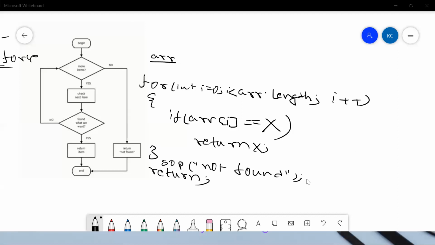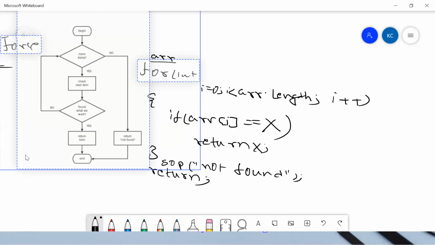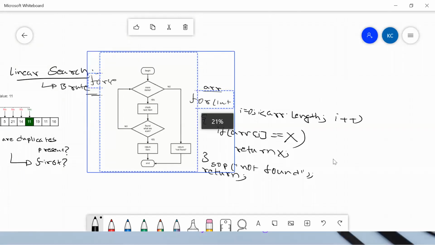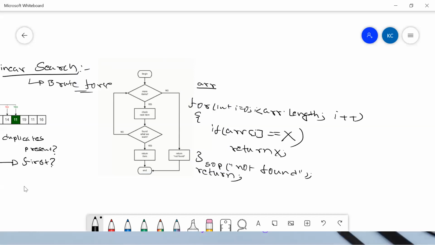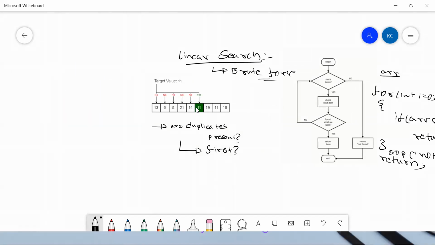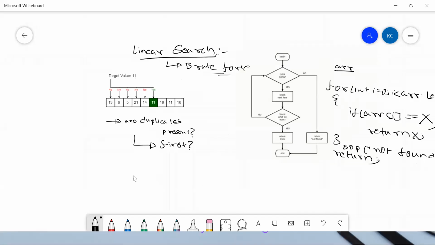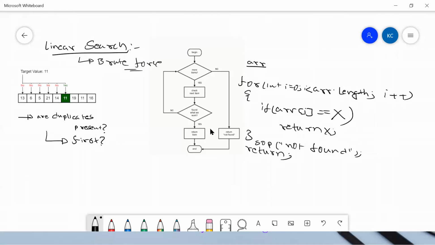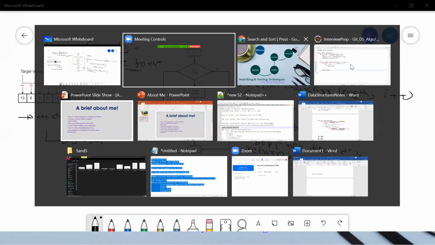As part of our linear search, what we try to do is a very simple thing. We started, and as I told you, it is a brute force technique, right? Our target was to find 11. We came, searched for 13 and compared 11 and 13. Is it similar or not? No, move forward. 6, you compare it with 11. Is it similar or not? No, move forward, until you get the element called 11. The same thing we have written over here in the flow chart as well, and the same thing we tried to implement in our code as well.